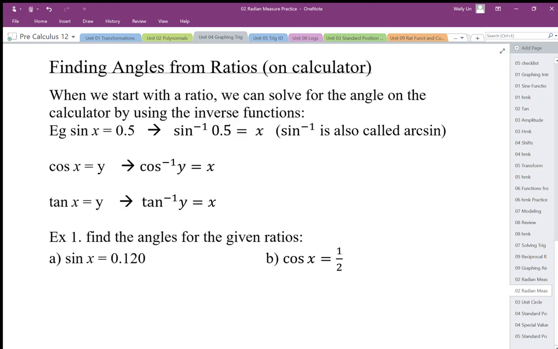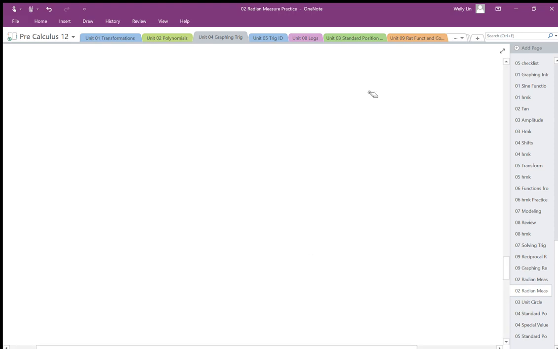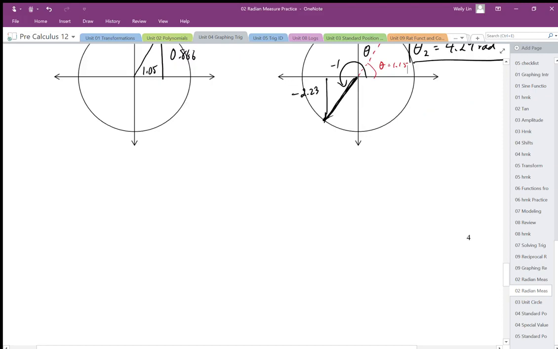Okay, so the last part here, we want to look at calculating angles from ratios on the calculator, which we just did, and most of you know how to do this, but we also want to be able to write the notation of this. Okay, so whenever we want to solve for angles,